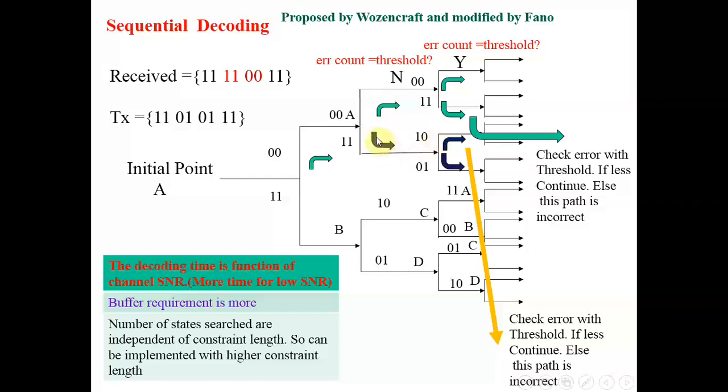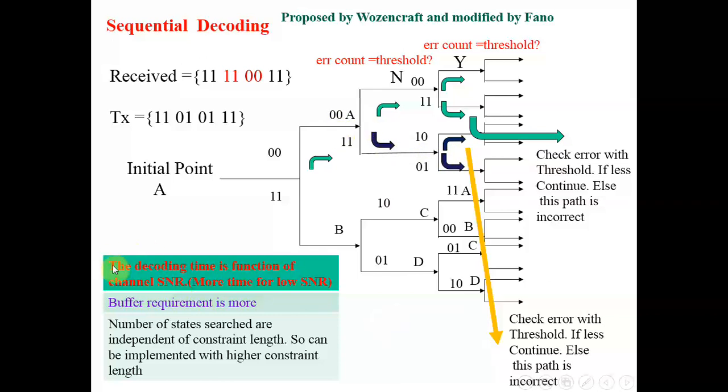So this is the way the sequential decoding will proceed. Now when I take this path, again I repeat the same procedure. I take this path, again check the error count. So it will try to evaluate the path. It will continue on the same path till your error count is less than the threshold. The moment the error count is equal to the threshold, you revert the decision, you come back to the previous point and again evaluate the other path. If that path is also giving you errors and the error count is matching the threshold, then again come back to the previous point and again take the decision, right?